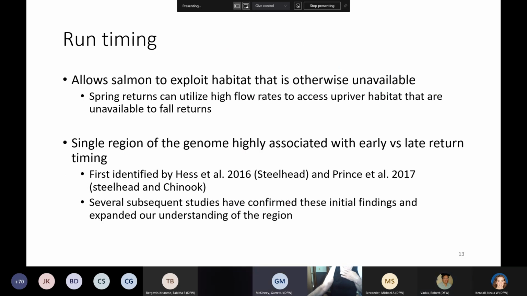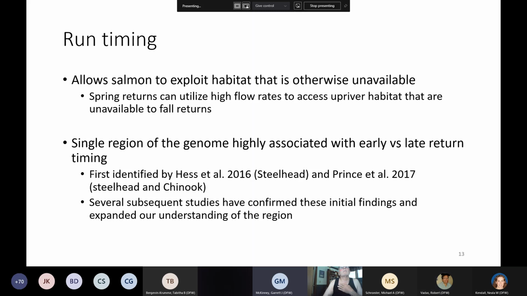And then the last example of these types will be run timing. And one of the big advantages of different run timing is that it allows salmon to exploit habitat that's otherwise unavailable. Salmon returning in the spring can utilize high flow rates to access upriver habitat that's otherwise unavailable for fall returning fish. So it lets them access unique habitat, and then it's also beneficial for people who want to fish year round. The spring fish often also have a higher fat content, which makes them desirable both for human